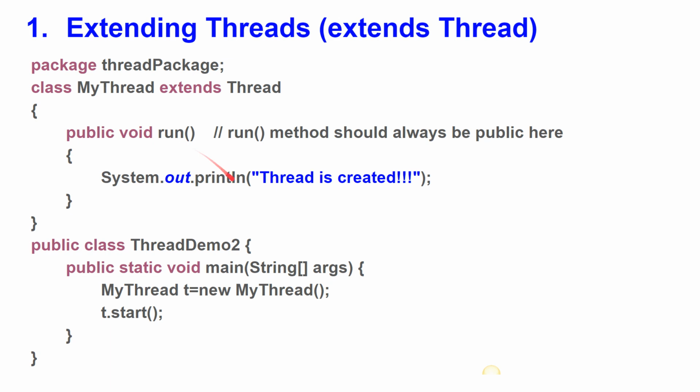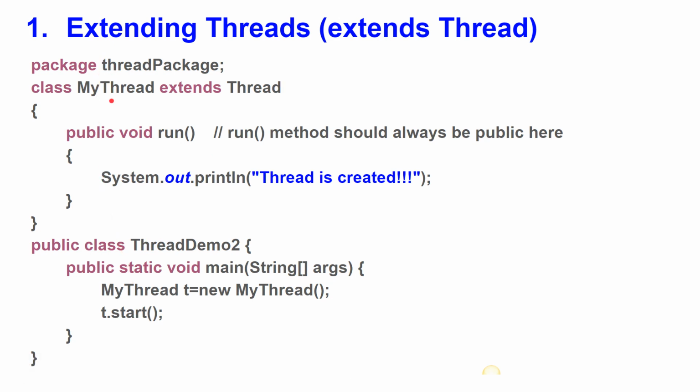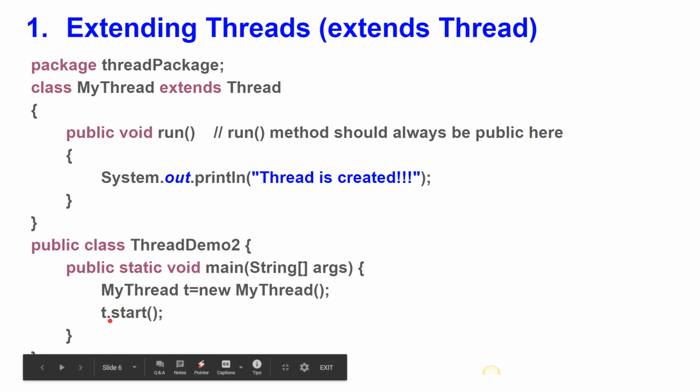Okay, so now how can I call this run method? First, create the object of the class where you have written the run method. What is the object here? t. Using that object and the dot operator, object name and dot operator, then use the start method. Start method is again a method of the Thread class. Once you use the start method, it will automatically call the run method. It will immediately call the run method.